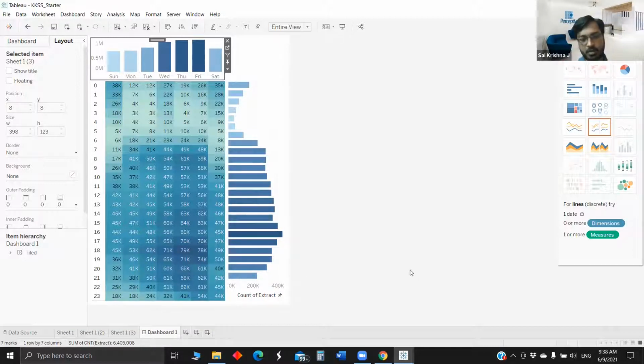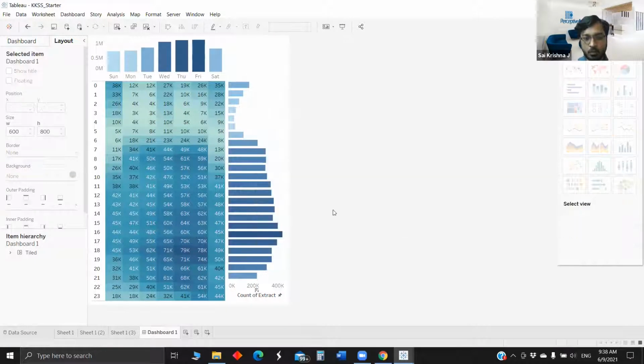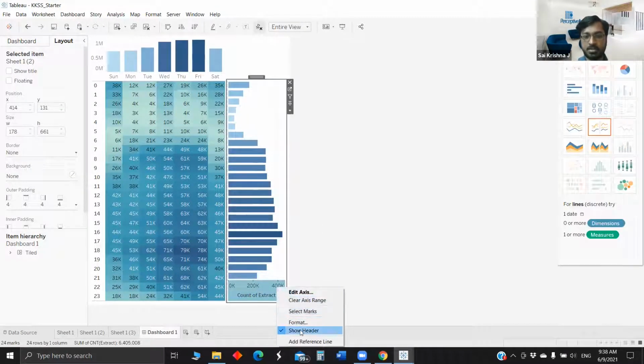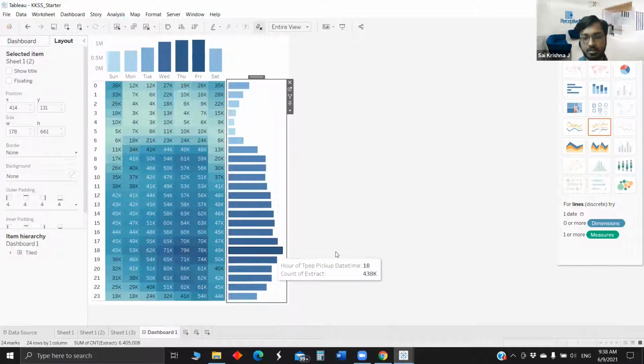Also, just to add to that, the visualization is designed to draw the user's attention to where exactly the peak is happening, be it on any particular weekday or at any particular hour. Anyone who is interested in the exact numbers can just hover over that bar and get the number. That is what the visualization is intended to do: it quickly draws your attention to where exactly the peak is happening at the highest level, and for any additional detail, they can just hover over the particular bar and get the numbers.